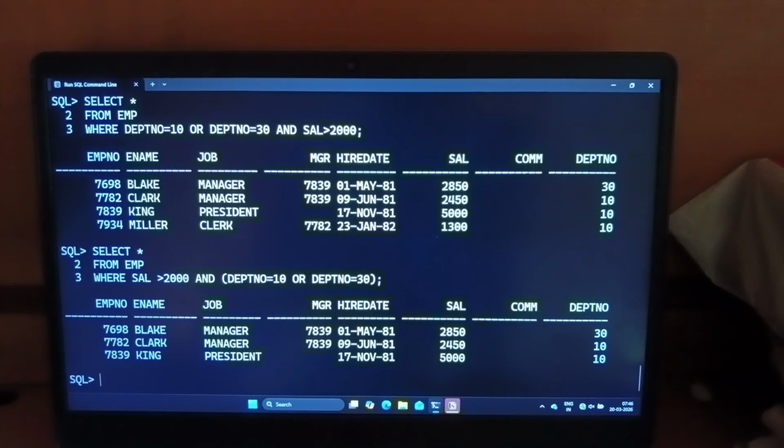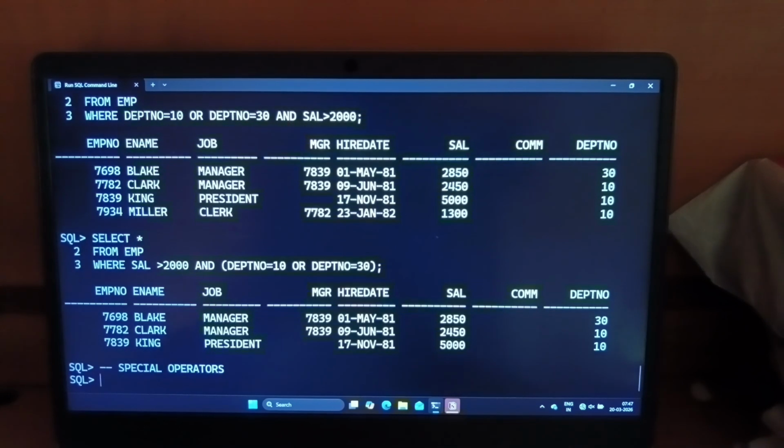I hope you have got an idea. Now sir, what you said about special operators, I am getting curious, sir. See, suppose you don't want to put the brackets, confusion is there. Okay, so we can use the special operator concept also. Special operators we will learn in tomorrow's class. Okay, so you can write like this: select